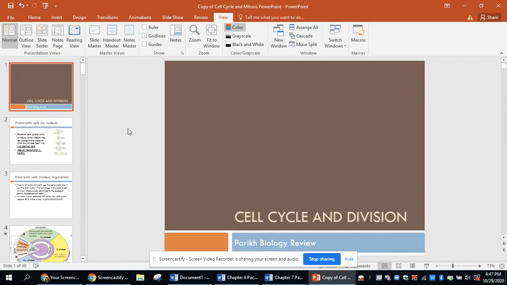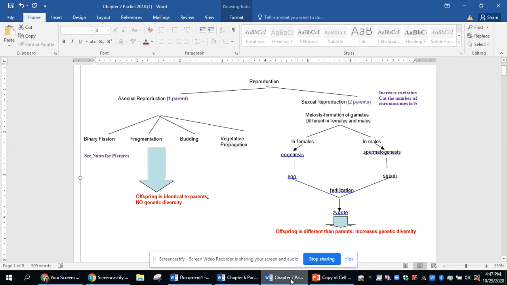So we're going to look and see how cells divide and start off with looking at two different types of reproduction. Cells can be asexual, and think of a pen or a book. This means only one parent is giving its DNA. Or they can be sexual reproduction, which means two parents are contributing their DNA.